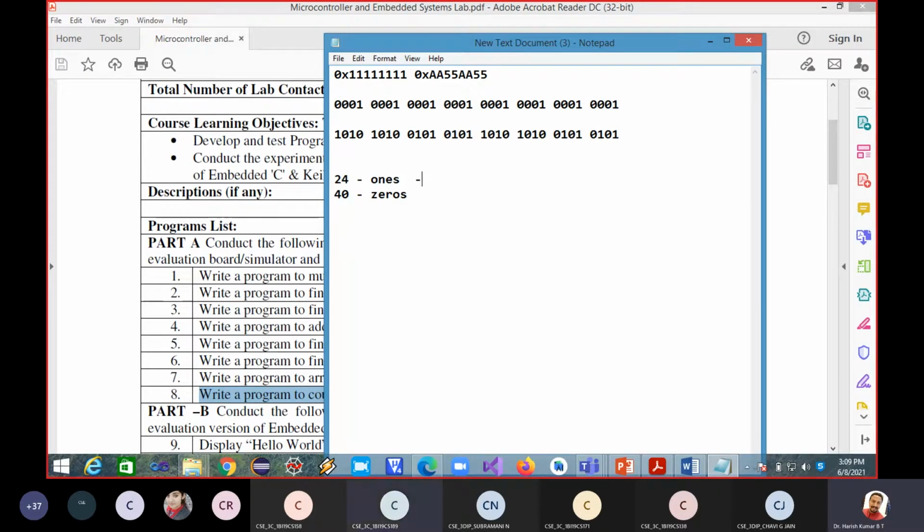Yes, sir. Okay, now what is the hexadecimal equivalent of 24? 18. What is the hexadecimal equivalent of 40? 16 how many times? 28. Very good. So to avoid confusion, 18H and 28H, hexadecimal numbers, right? This is the answer I need to get if I take these two as the content of two consecutive memory locations. Now how to write a logic for counting all these things we will see now.